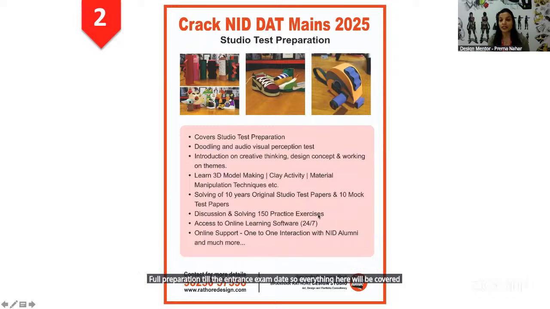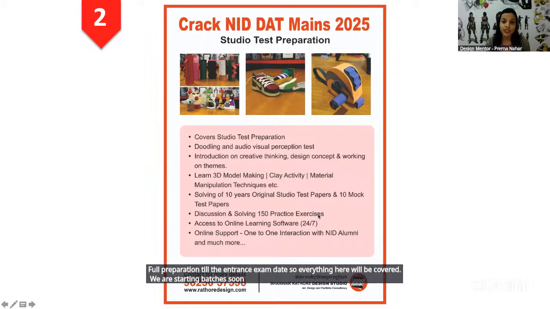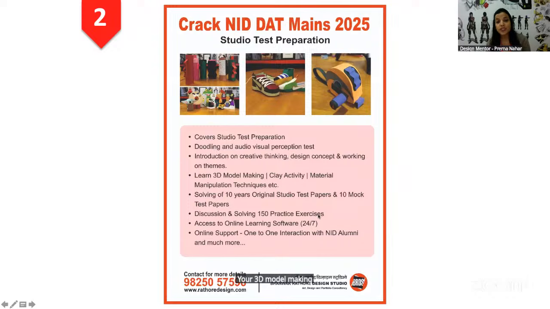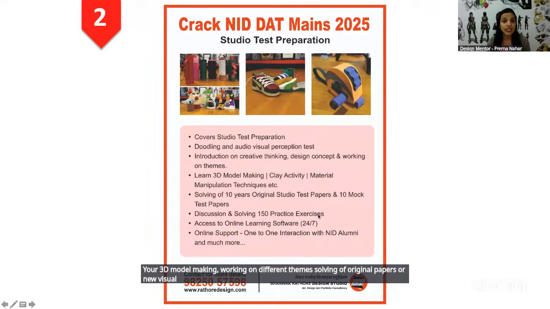We are starting batches soon. So it will be full preparation. For the first 15 days, we will be covering the course, and then the revision will be there till the entrance exam date. Your 3D model making, working on different themes, solving of original papers, audiovisual perceptions, creative thinking, everything that is